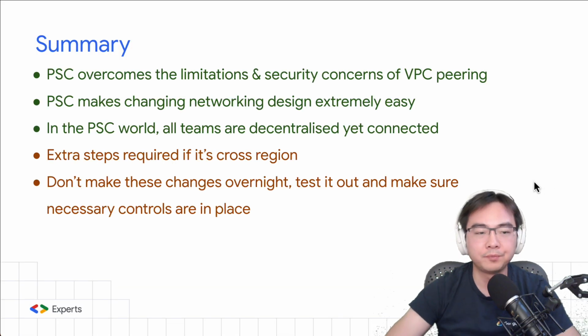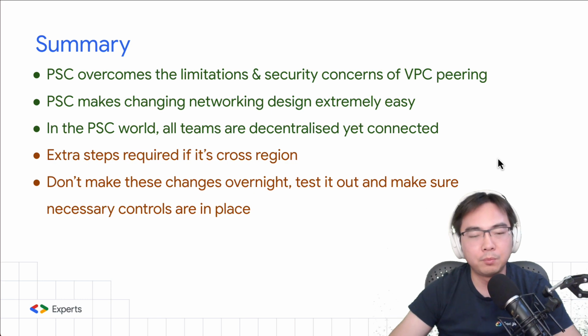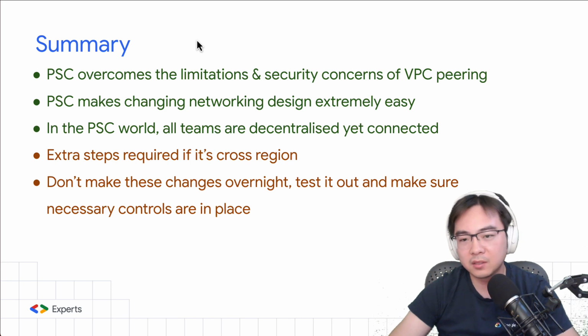let's do a summary. So there's a few pros and cons I just want to run through with you quickly. So PSC overcomes the limitation and security concerns of VPC peering. One thing I mentioned was some of the limitations of conflicting IP ranges, you need to align all of that before you can peer your network. But the other thing is also security. One of the things I heard about is